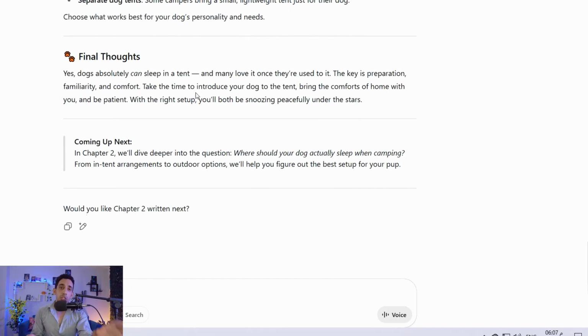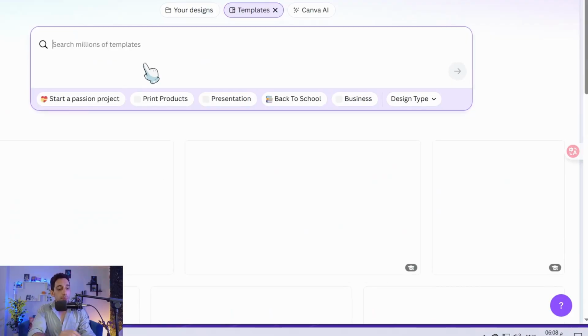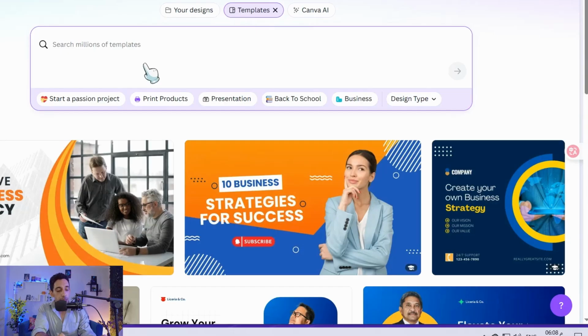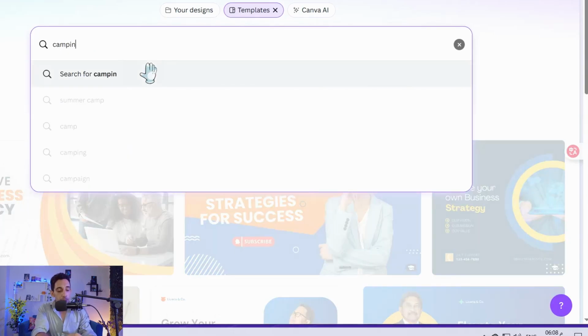So now it's time to customize these chapters in a good form in canva.com. So now you can head over to canva.com, and here on Canva you can search for something like pets or camping, for example, camping ebook.